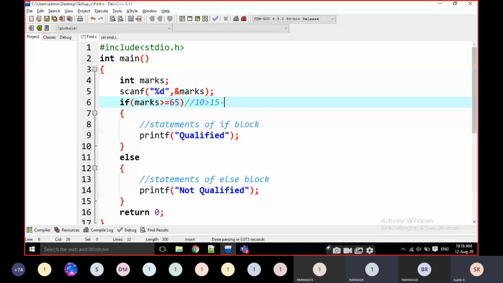Qualification: marks is greater than or equal to 65. That's why I'm writing marks is greater than or equal to 65 in the comment. Then the condition is going to be true here. Just note down, everyone.